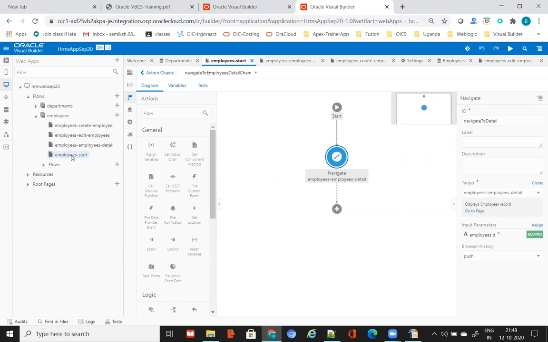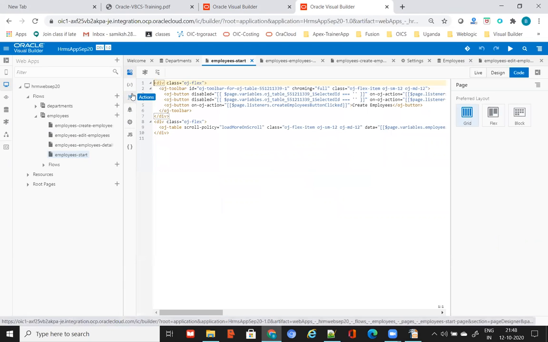I can simply go and create a new page in this, and then you drop your table component, and then you can add the data, etc. I can show one example also at the end that you are going to get automatically. But if you have to develop your own UI with your own flows,